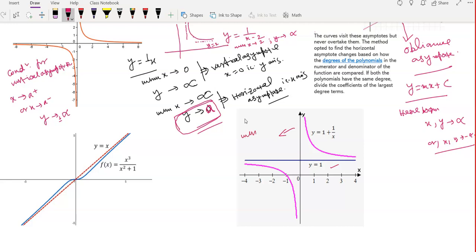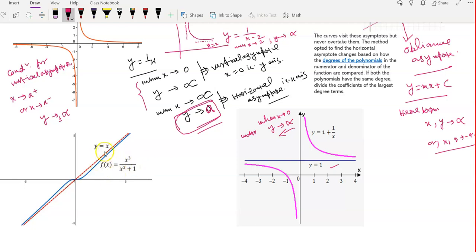When you check the first definition, when x tends to 0, y tends to infinity. This is not only the case of tending to 0. x may be tending to 2, x may be tending to 3, like that. In the example y equal to 1 by x minus 2, I showed you a vertical asymptote. Here, when x tends to 0, y tends to infinity, so the y axis is the vertical asymptote. And here, y equal to 1 is the horizontal asymptote. First one is x equal to 0, second one is y equal to 1.